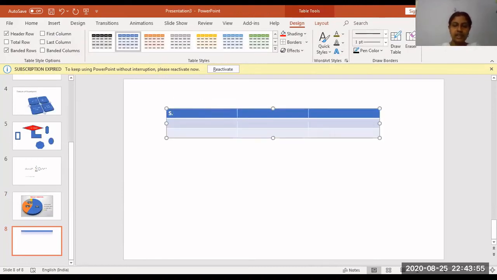So you can directly type serial number, employee name, department, and adjust the positions also.